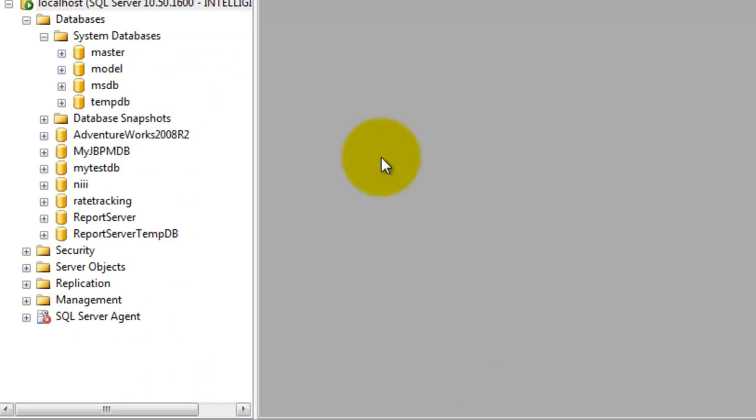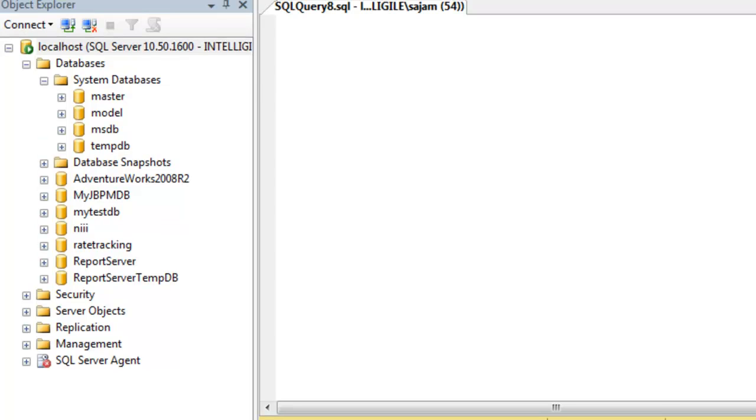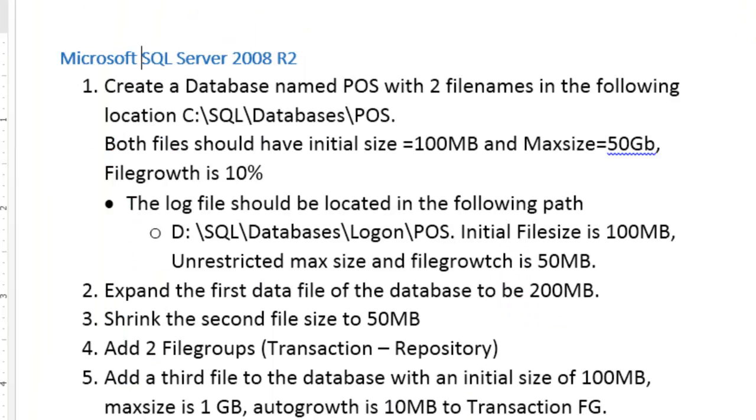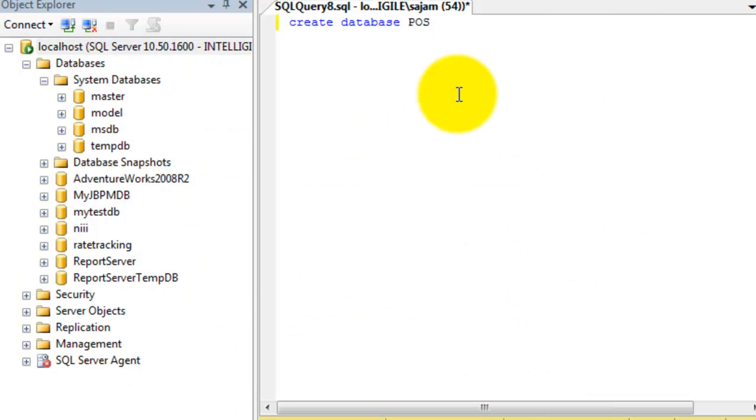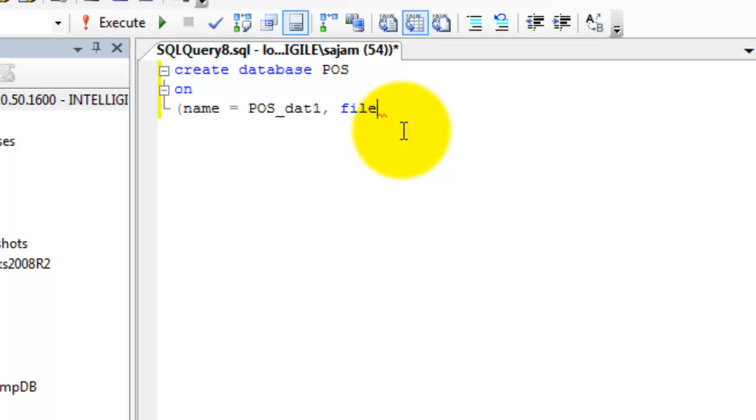Going into SQL Server and initiate another query. Okay, we are going to create a database named POS, and it has two file names. The first name is the logical name, which could be the name of the database. You can have your own naming convention. The file name